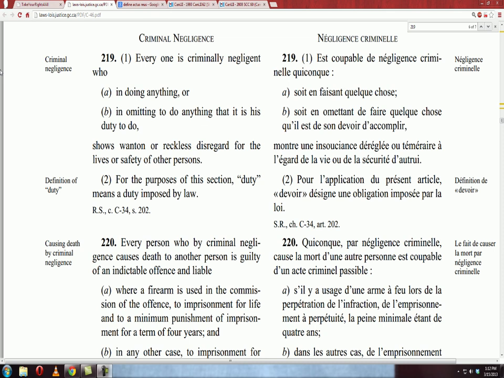Now, could you imagine if you went to a doctor, and maybe that happens because there's malpractice, but could you imagine if he made a guess rather than looking it up and turned you away? And then because he guessed, and because he turned you away, you died. Well, that would put the doctor in a position of criminal negligence.